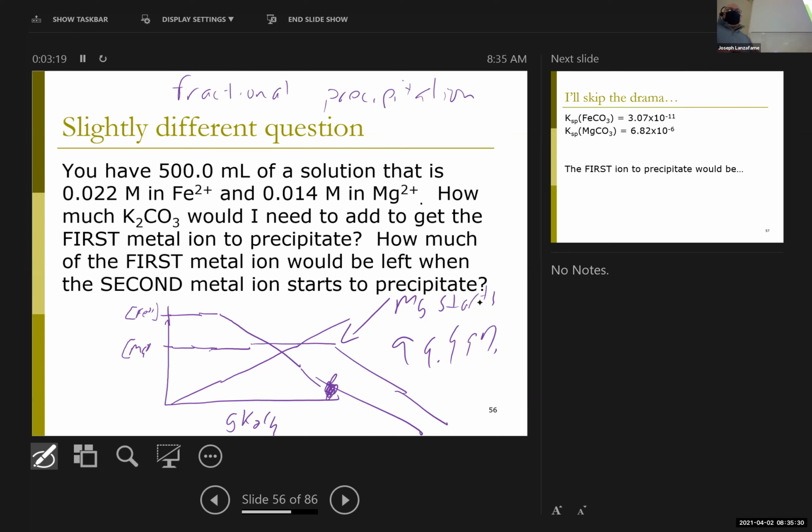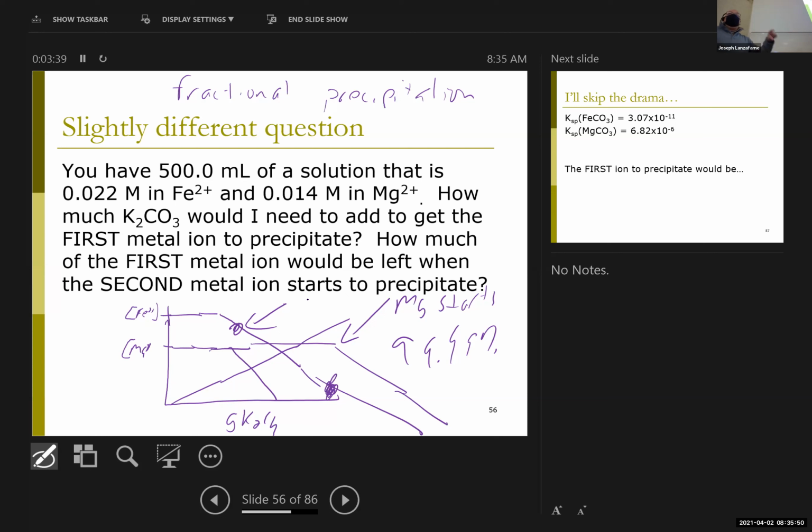If the solubility is really, really close, this won't work at all, right? If this one starts precipitating here, I've still got 80% of my iron in solution. I got 20% of my iron out pure, but I can't get the magnesium out at all because they're co-precipitating,